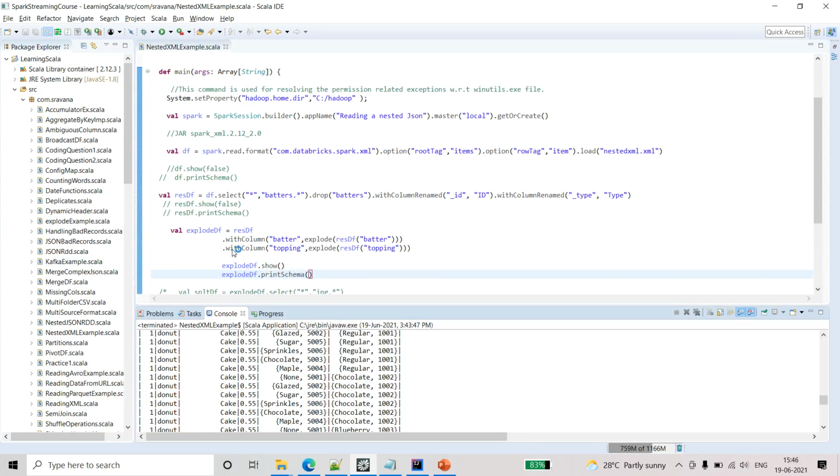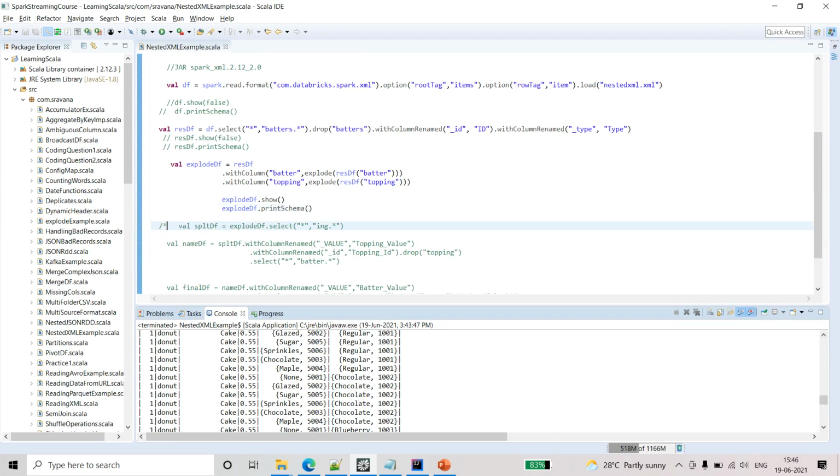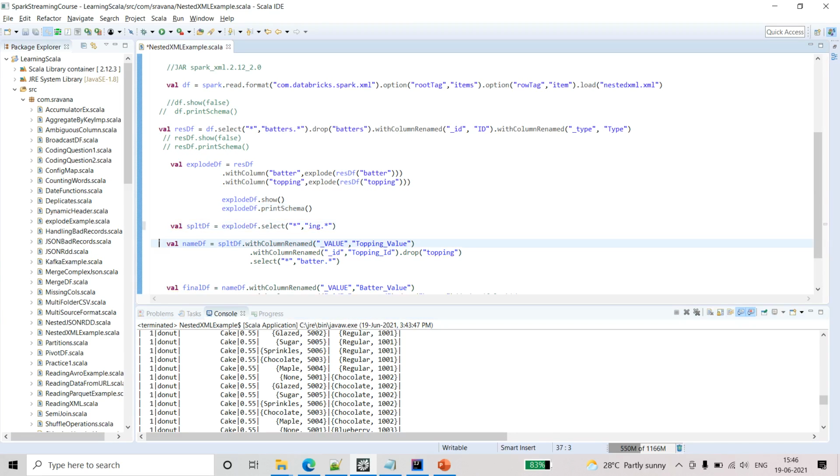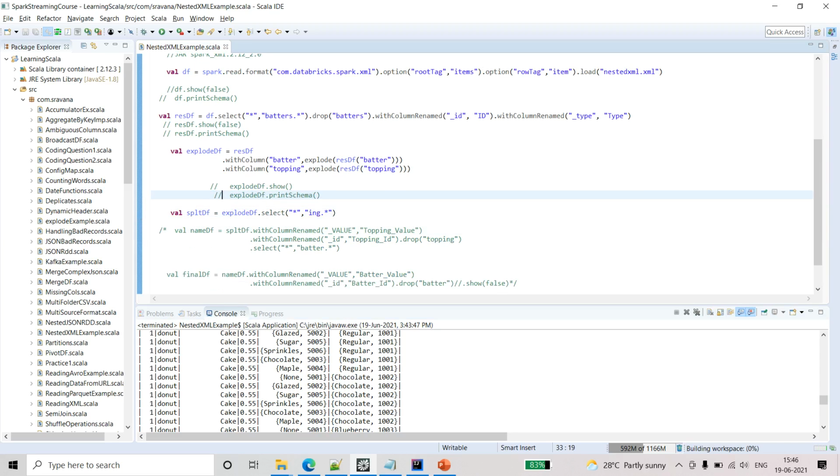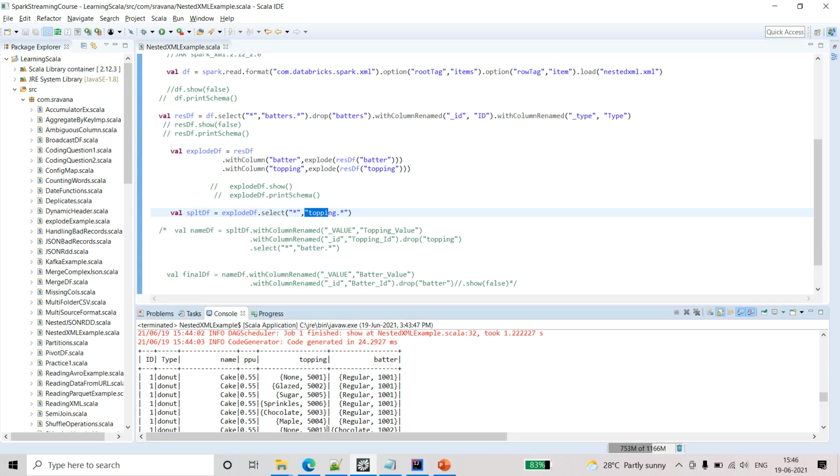Now let's see how to flatten even that. So now here, first I'm splitting only the topping. I will tell you the reason for that.